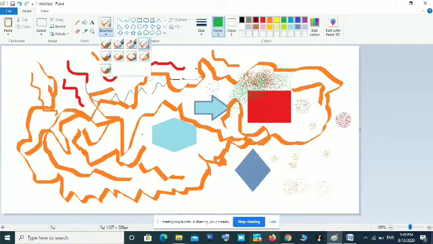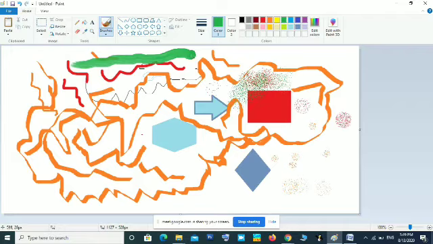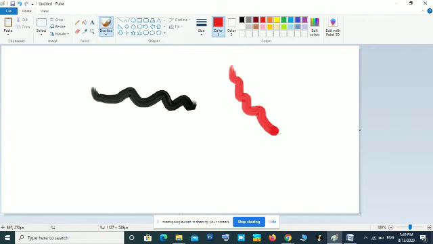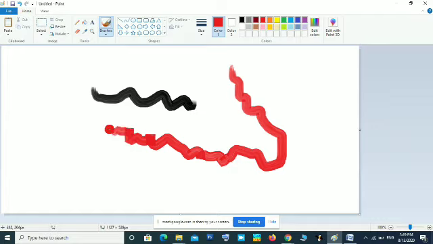Okay, when we are using the oil brush, it will have an effect just like we are using oil. You can see that the paint is dipping the way we are dragging. Okay, we will take the new one. You can see the paint is dipping. Okay, this is oil, just like you are using oil.